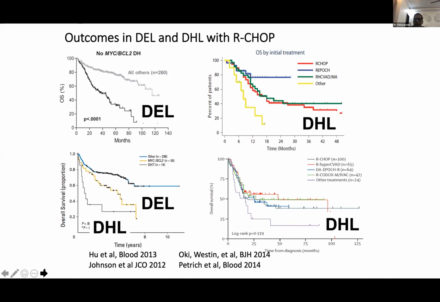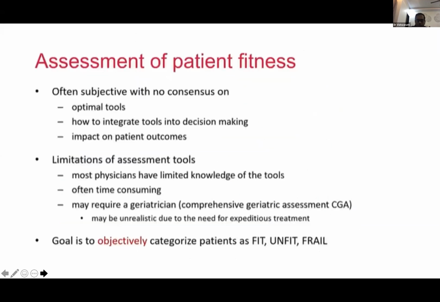So it's a spectrum. We do know that these high risk patients, as well as certain other cases, do very badly even with R-CHOP and dose-adjusted EPOCH, including some high intensity regimens. These all incorporated anthracyclines, and the patients still have a lot of relapses and do not have a great outcome.